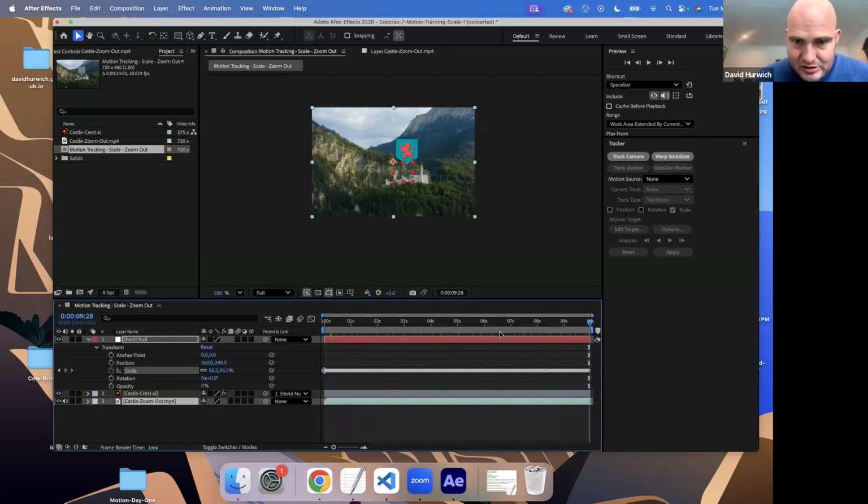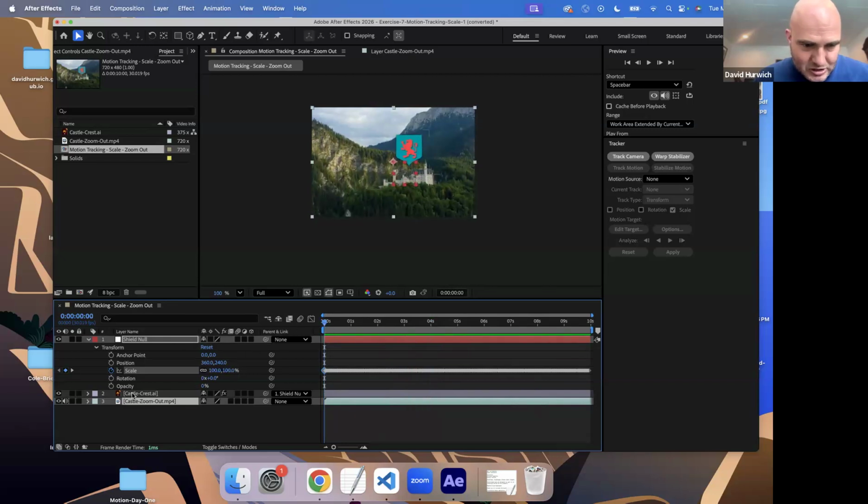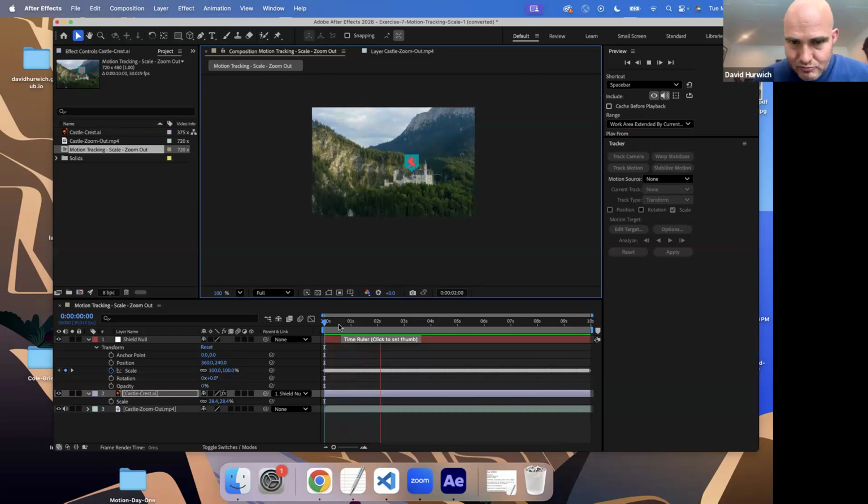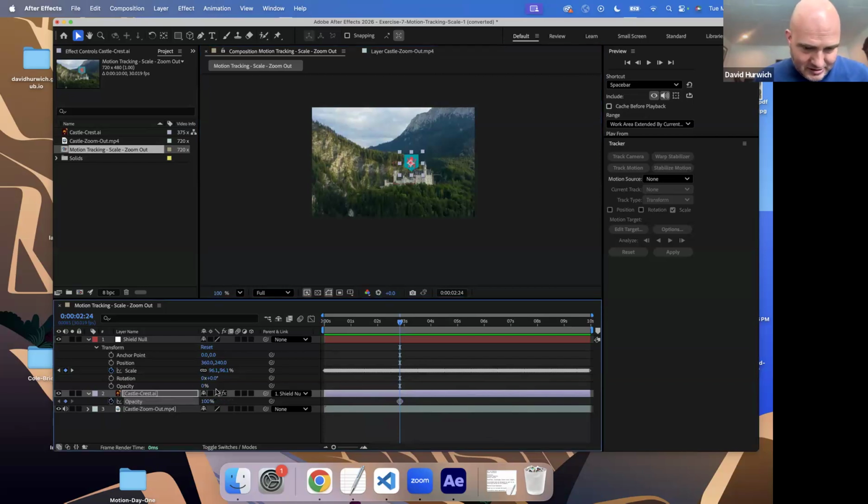And you can see that that's happening, right? So it's kind of zooming out. But maybe I want this to be a little bit smaller, so I can scale and move it. And you can see it goes along with that. Okay. And if I wanted to do something independent, like maybe, I don't know, have it fade in or something, so let's do 0, and then